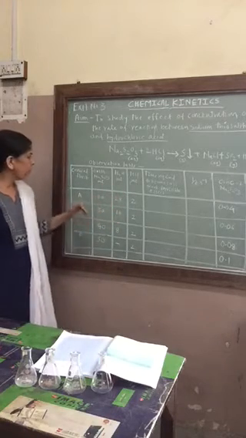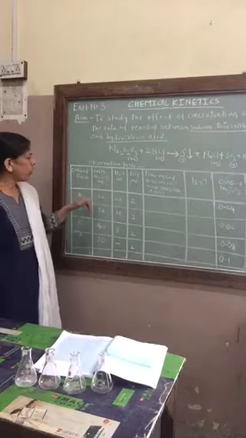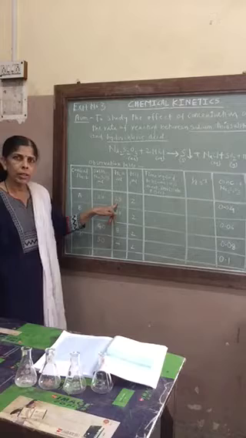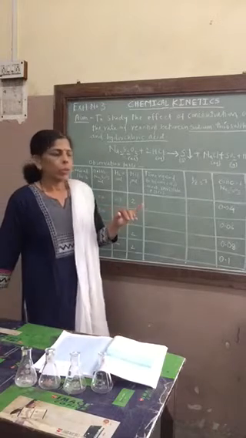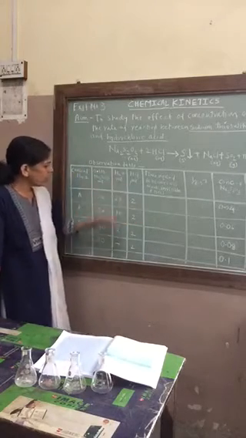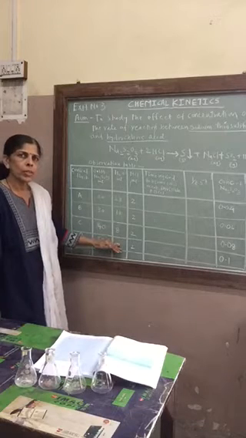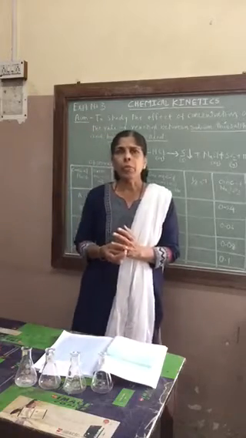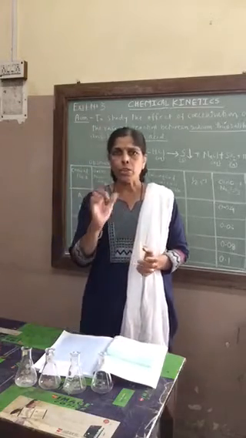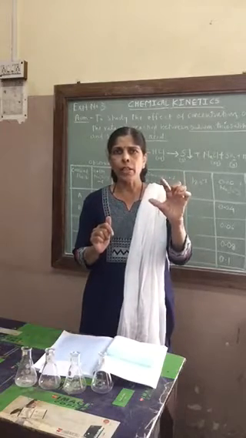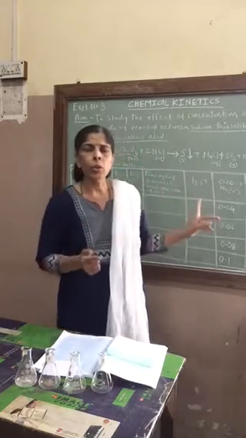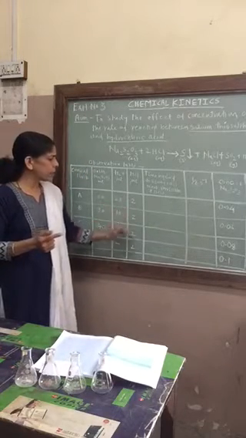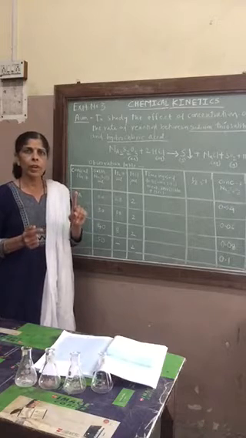So what you have done, with the help of burette in conical flask A, already you have taken 20 ml of sodium thiosulfate, 28 ml of water. Now what you are going to do, you are replacing water because you have taken water in all the conical flasks. Okay, so you are replacing water by HCl. Okay, then from burette in test tube, you are going to take 2 ml of HCl. And add that only in conical flask A. You are not going to add in B, C and D. Only in conical flask A.